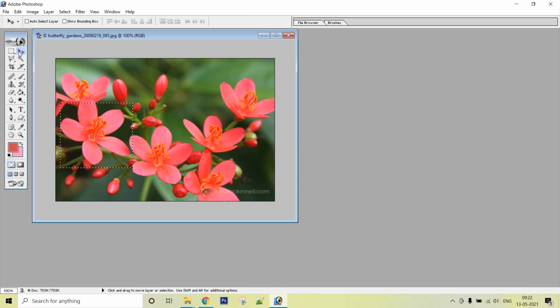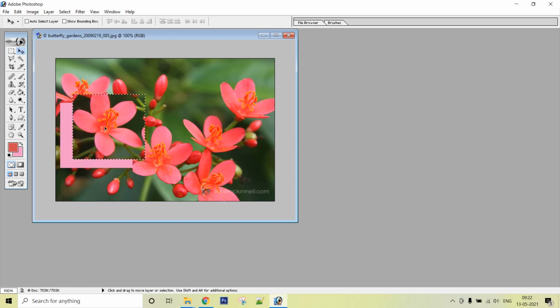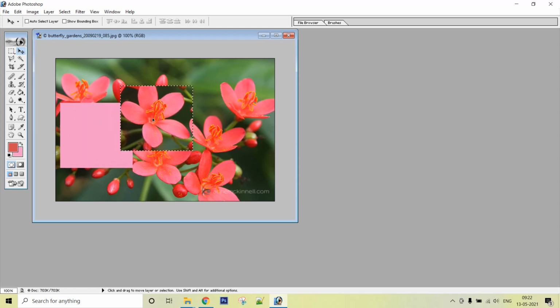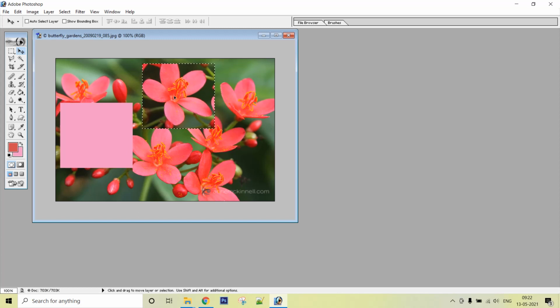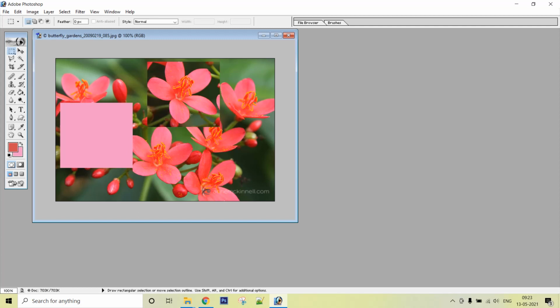So I click on the Move tool, place the cursor on the selected area, and by pressing the left mouse key, hold this particular element and move it to a desired location. When I press enter or click at any other location, the object that I have moved will be located here.